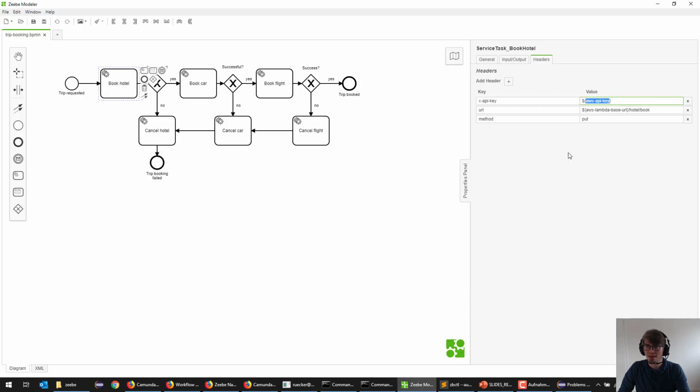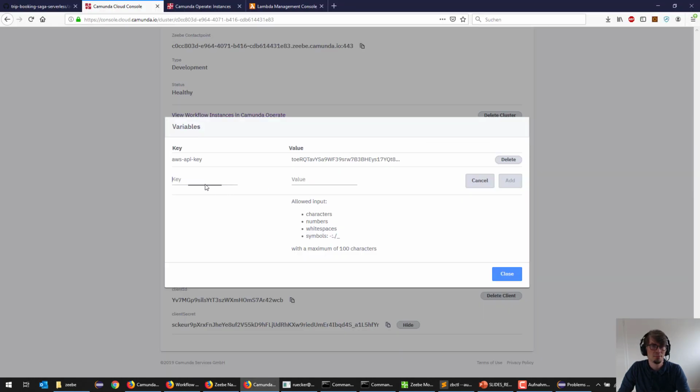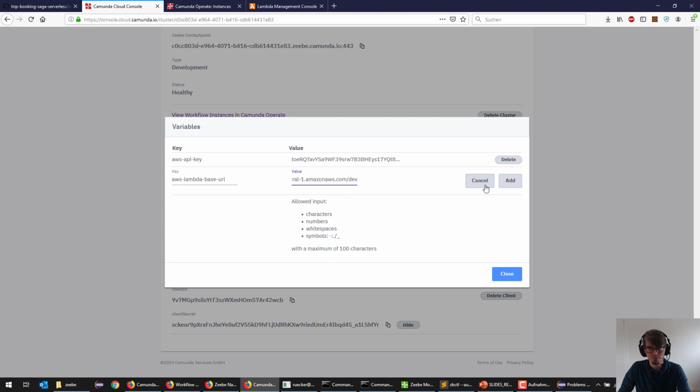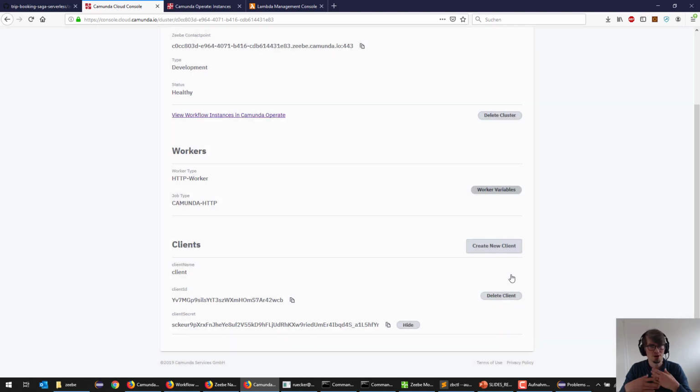And then we have the second thing, like if you see something like the Lambda base URL, let's go here, then replace it with this, right? And this will be done in the background,